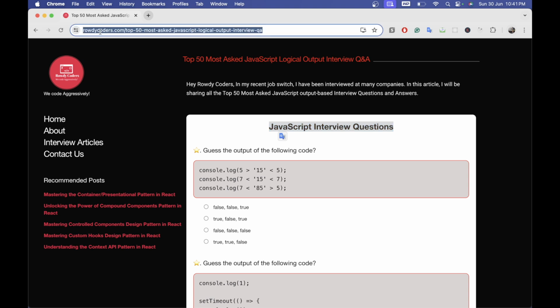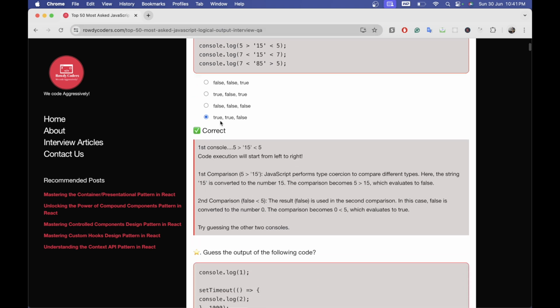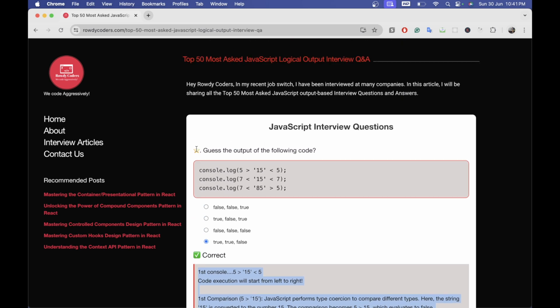I'll be pasting the link to this article in the description as well, and here you would be able to solve all of these questions in one place. After going through the video, you can check out this article and solve these questions. Once you give the correct or wrong answer, a proper explanation will be provided here, and you would be able to grab most of the JavaScript concepts through these output based questions.